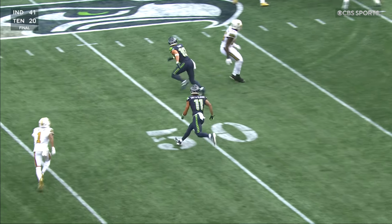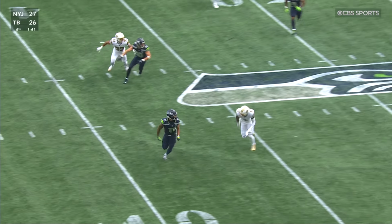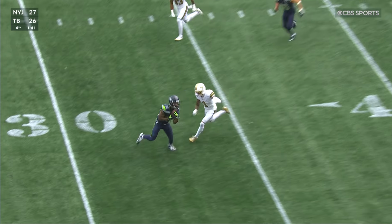Jason, this is a great example by number 11, Jaxon Smith-Njigba, seeing that his quarterback is in trouble and then going into their scramble drill. And what does he